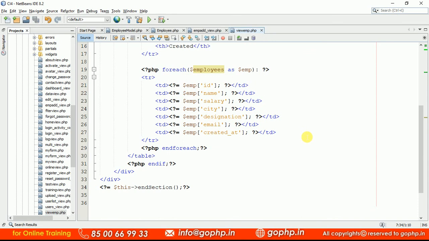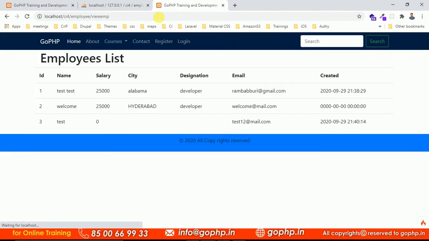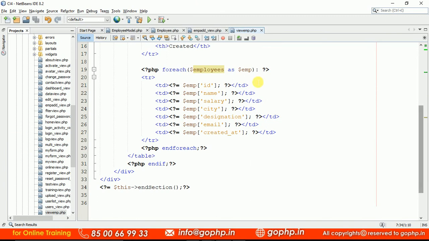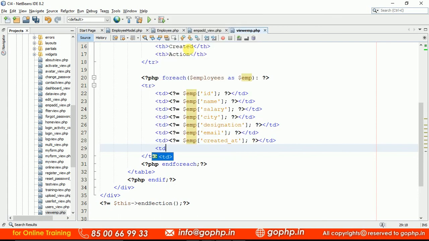And go and check this. Earlier we had an error because we don't have any view. Now can you see the data was there? You have inserted 3 records. You are able to get the data. The only thing is, at the end of it, I want to add one more column, guys. Here one more extra column is going to be action. Let us name it as action, right? So here I just want to add 2 links, edit and delete,